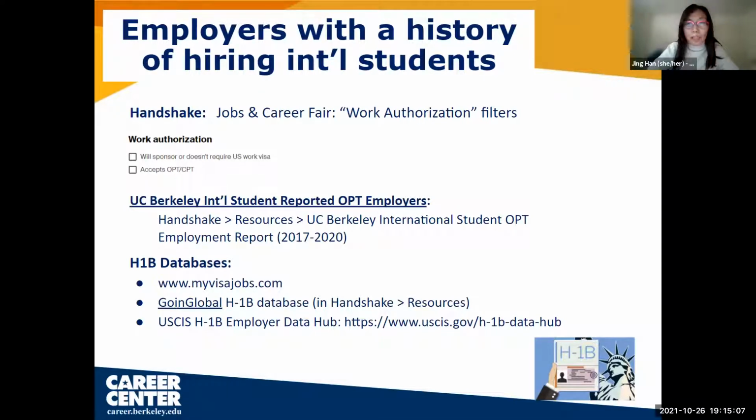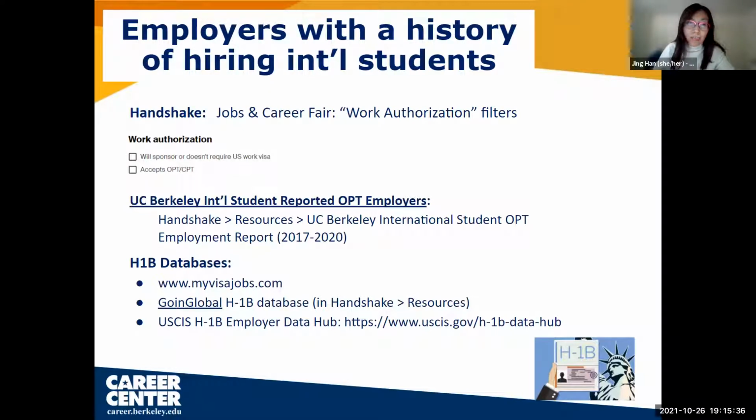So maybe you heard about H-1B a lot. There are many online databases for us to find which employers sponsored H-1B visas for what position. I listed 3 here, and I use myvisajobs.com the most. You can search employers by industry, location, and by typing the name. And then you can see the salary and the title, to measure if that's a fit or if that's an entry-level